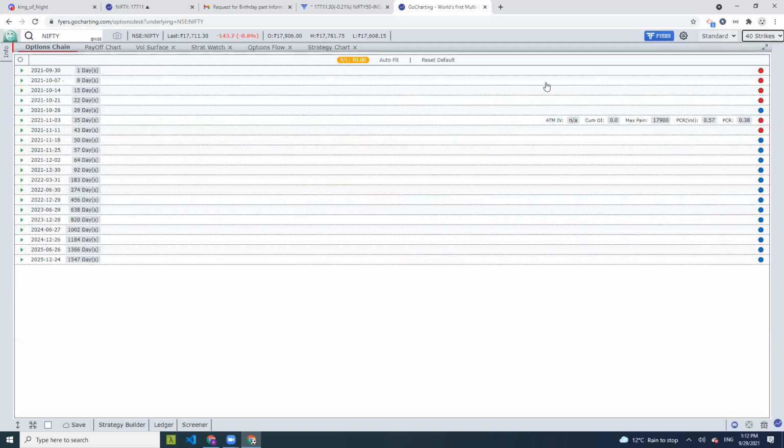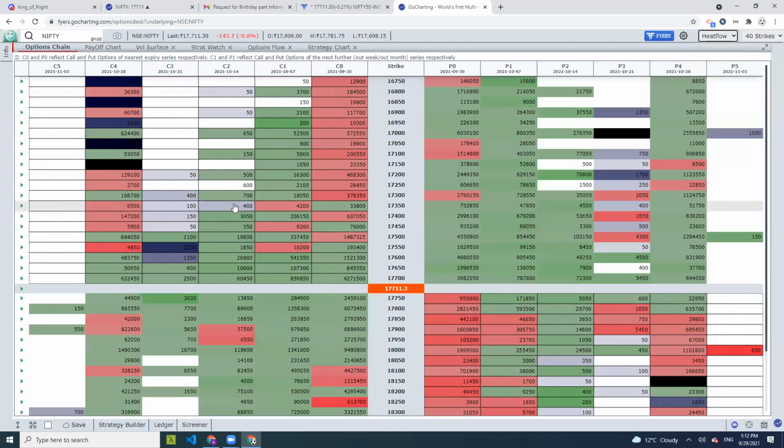Now this other button gives you 3 views of the same information that you saw in option chain. The standard view is what we know of. The heat flow view gives you the ability to look at all the series in the form of a 2x2 matrix, and I'm going to explain how. This was already available in the previous version, so people who have gone through this know about it.